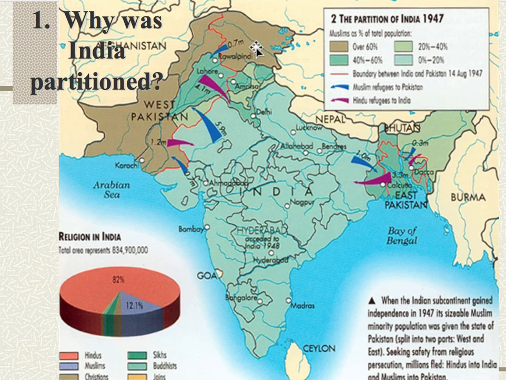One of the ways that the Boundary Commission worked to divide up India was that it had originally been 500 different autonomous princely states. The prince of each area, in some instances, got to choose India or Pakistan. The Prince of Kashmir was Hindu, even though he ruled over a Muslim majority. And so the leader had strong ties to India and he decided to join India, which, like I said, led to 3 wars between India and Pakistan over the borders of Kashmir, because there were a lot of people within Kashmir that would have rather been part of Pakistan.